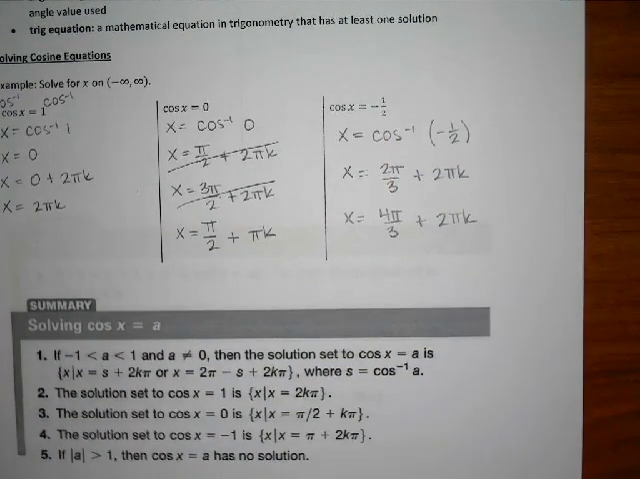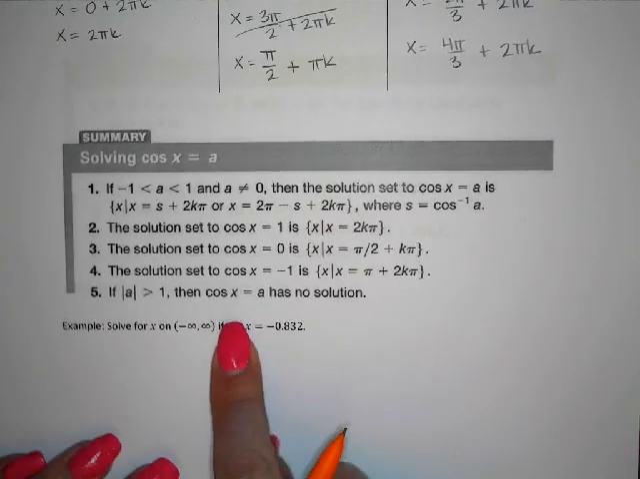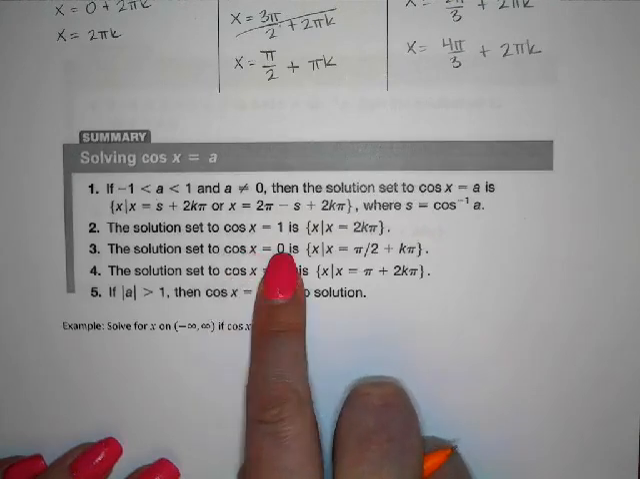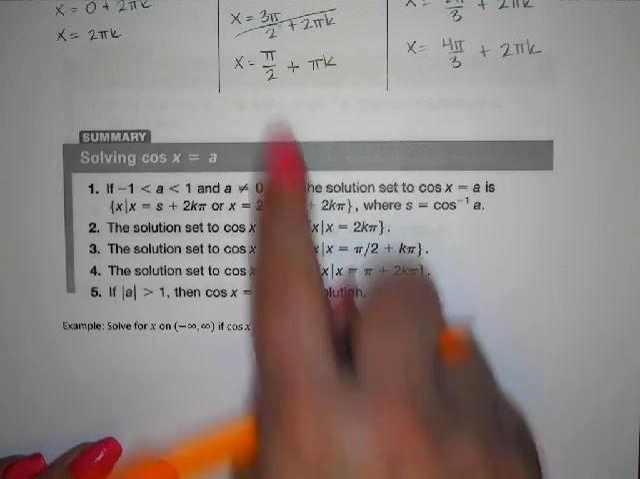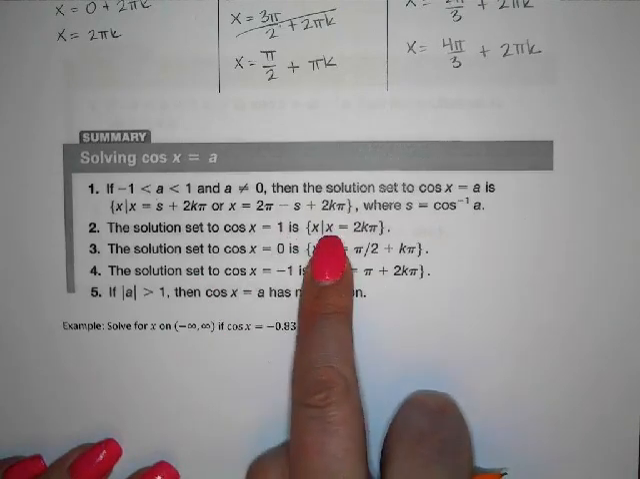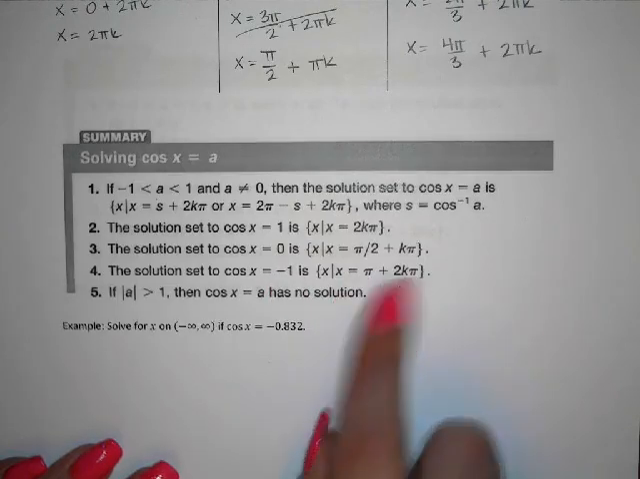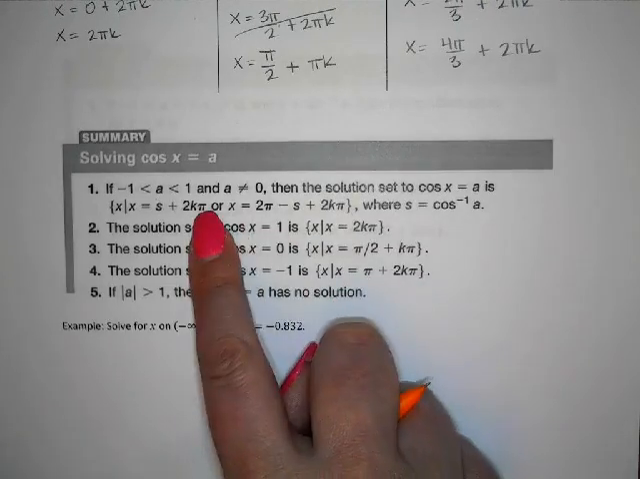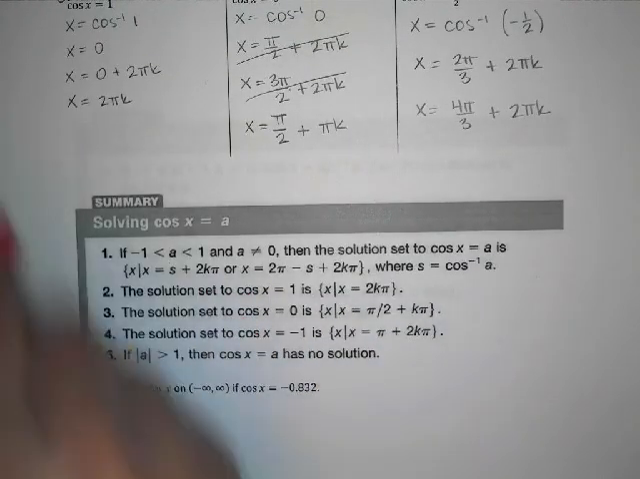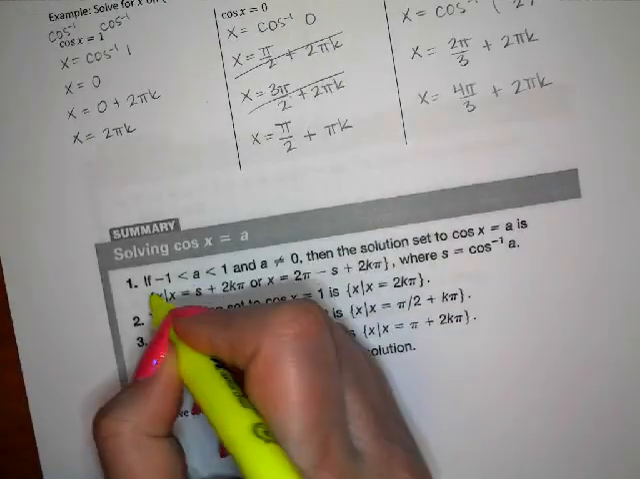All right, so here's a summary of the different answers we can get. It says if the output of the equation cos is 0, then you have pi halves plus pi k. If cos is positive 1, then it's 0 plus 2 pi k. If you have negative 1, then it's pi plus 2 pi k. And if it's anything else other than 0 or 1 or negative 1, then you have these more interesting solutions